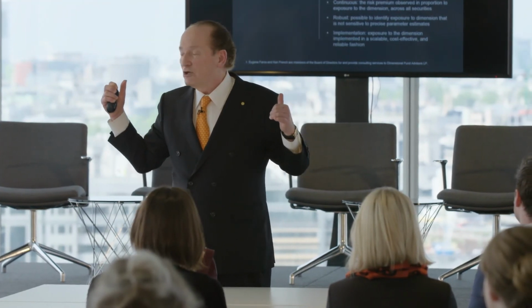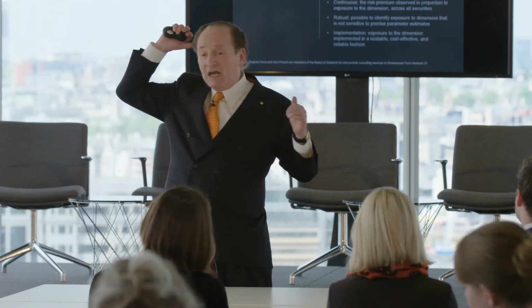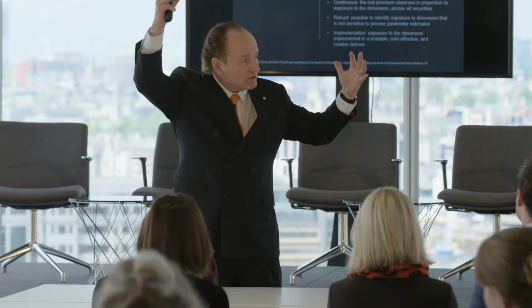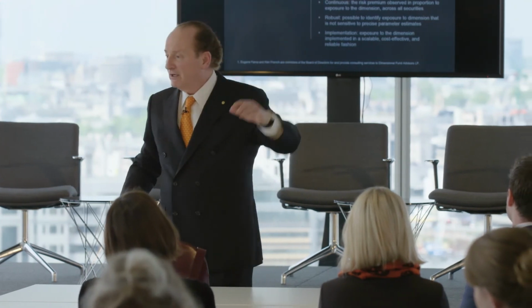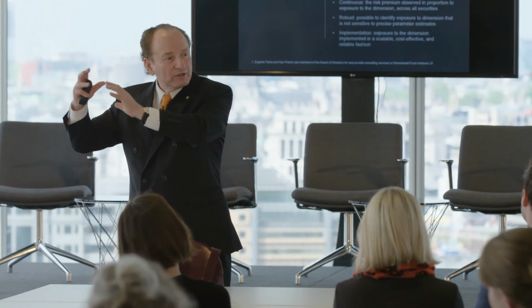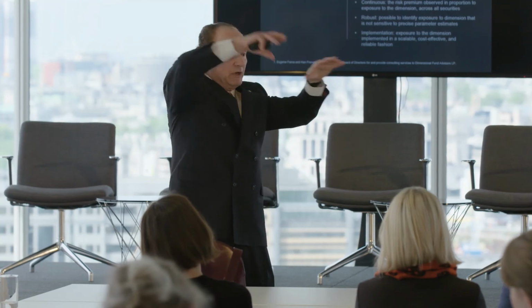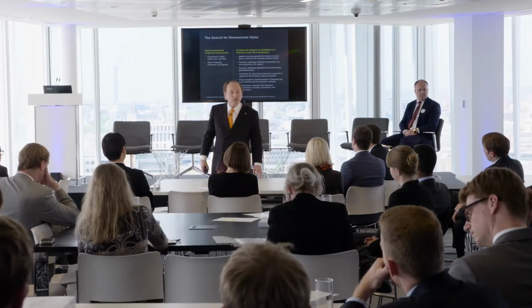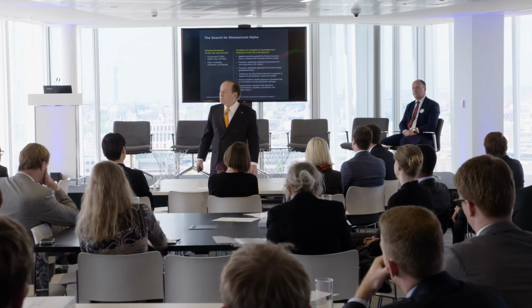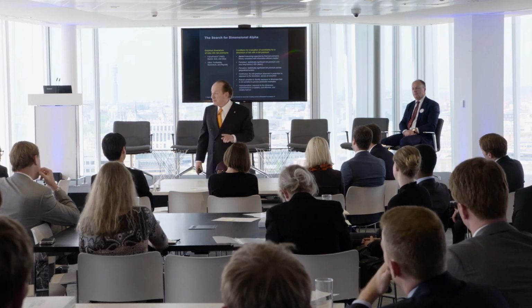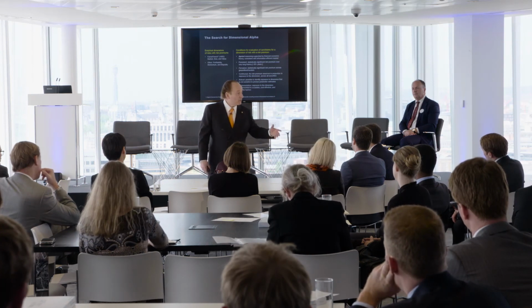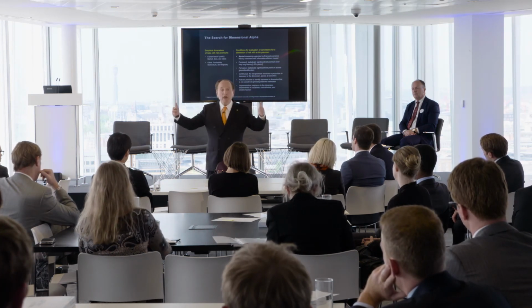Think of size. You all know the way size factors are measured, take the great big mega cap stocks, that's one portfolio, go short that. Then take the little tiny micro, smallest ones, the decile, and you go long that. And you get the two extremes giving you the maximum measure of the size premium. That's fine, but if it's really a size factor, then it should be continuous. So if I look at mid caps, they should have more of a risk premium than large caps and less of a risk premium than small cap. If it's only the two extremes, it may be there, but I would guess it's not there because of that factor.